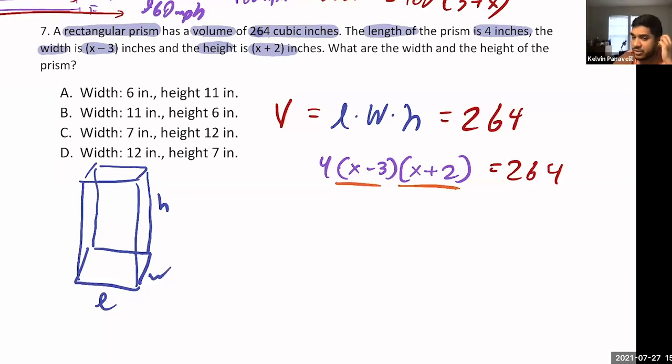And you could drop it in the chat. Everyone drop it in the chat too. What do you think we should do next? Do you divide 4? Perfect, right? Let's get rid of that 4, divide by 4 on both sides of the equation?